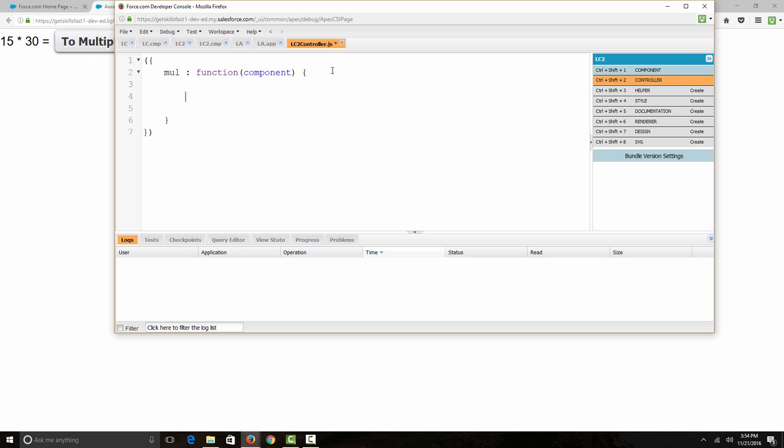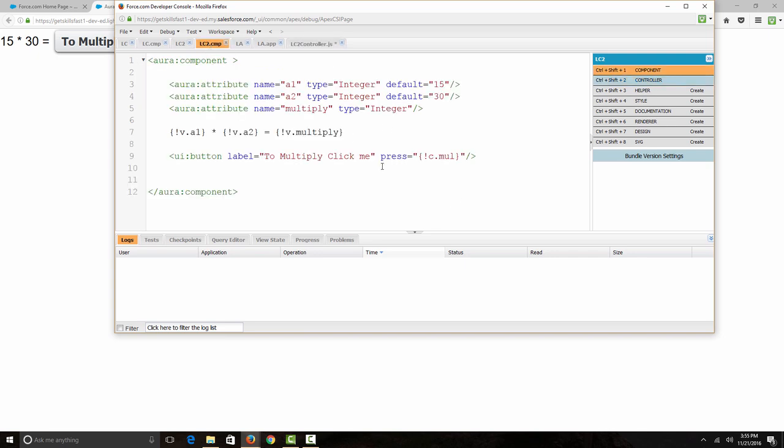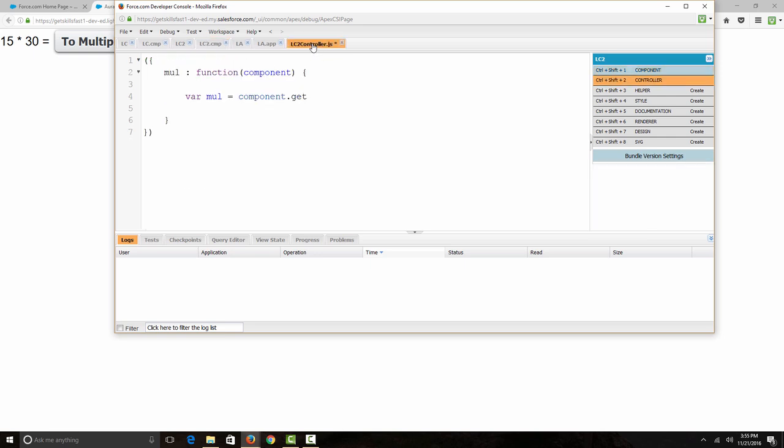Okay, so let's say you can define an arbitrary variable here. You can give it any name. Let's say we take it name mul. component dot get. We need to fetch those values a1 and a2 from our component, multiply them, store them in the variable, assign that variable value to our multiply variable attribute, and then show that here. Okay, got it? So what we will do, component dot get normal brackets